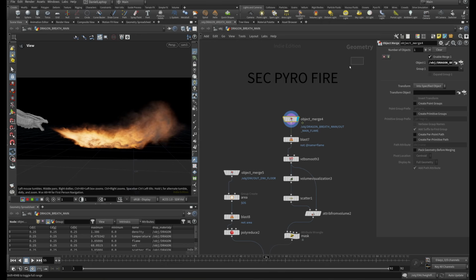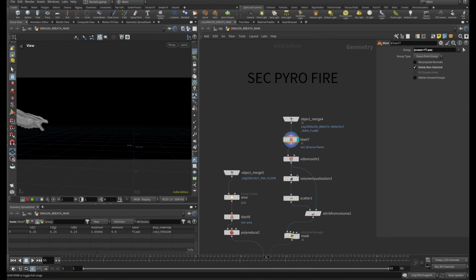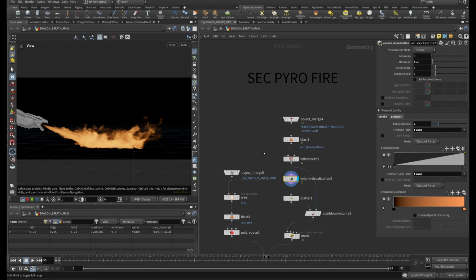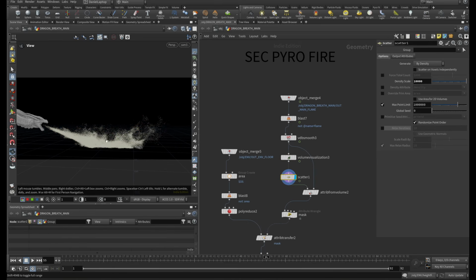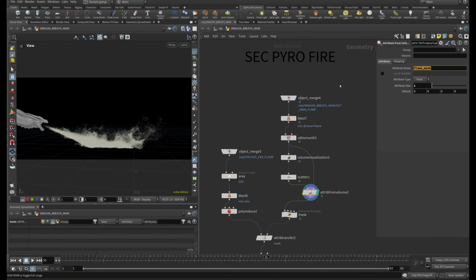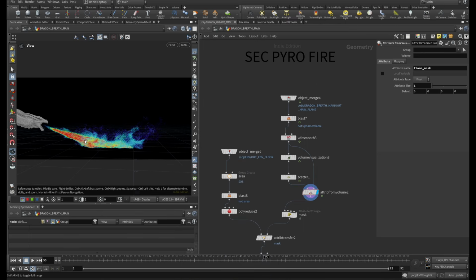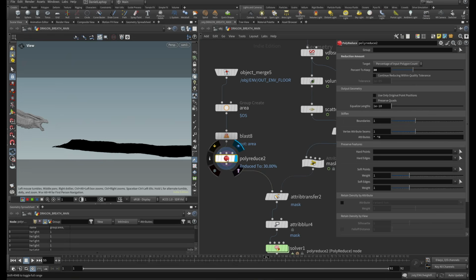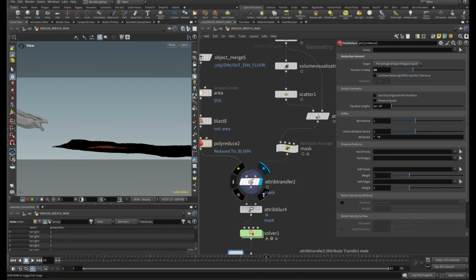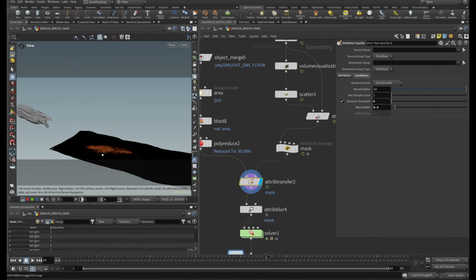For the fire that is coming from the floor as a consequence of the main fire, we need to find where it should be created. For doing that, we take the main fire, blast all the fields except for the flame field, scatter points in that field, and use an attribute from volume node to get the flame mask attribute from the flame. Then we only need to transfer that attribute to the floor geometry, and that will give us the areas to